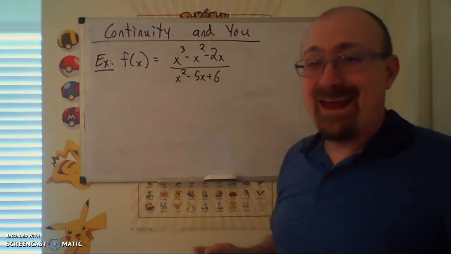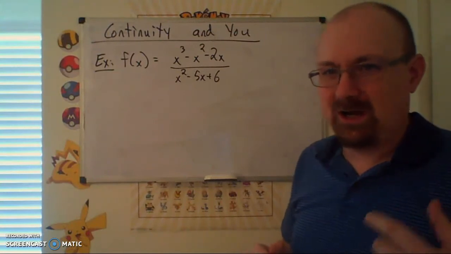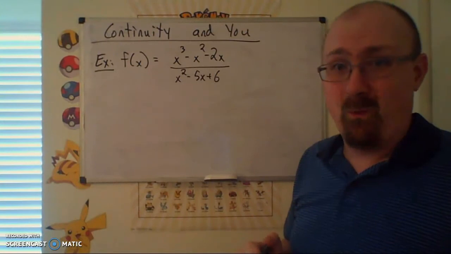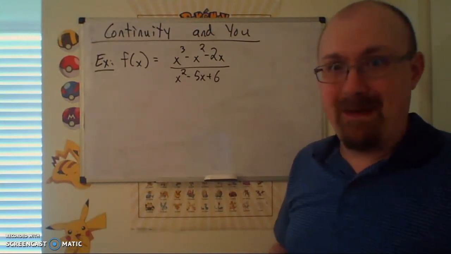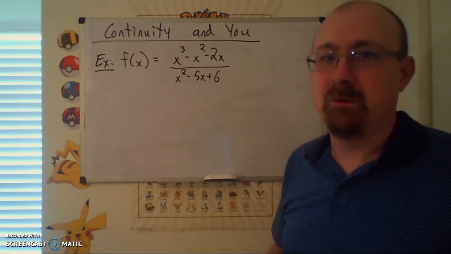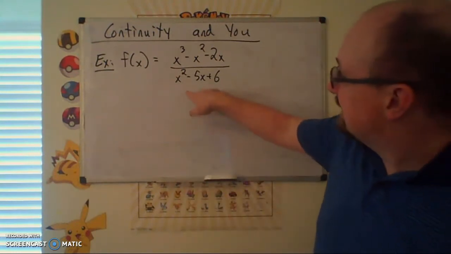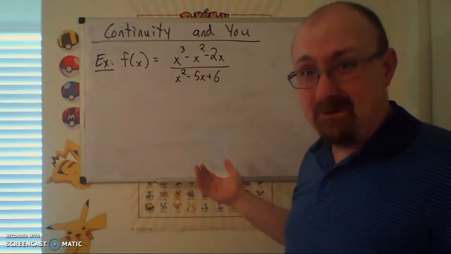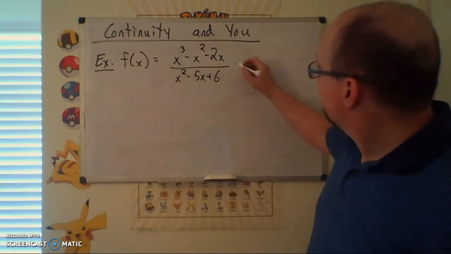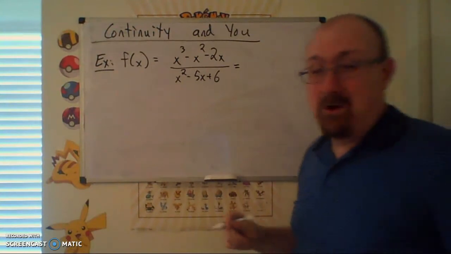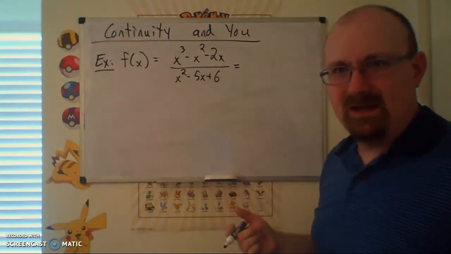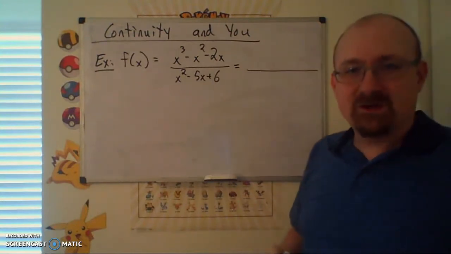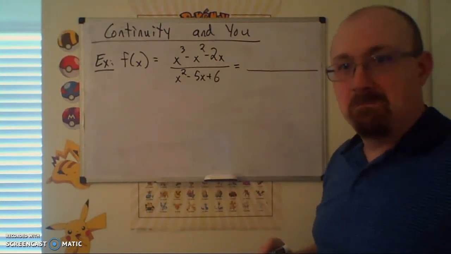Now, as I've said, tracking down where discontinuities occur is pretty much identical to determining the domain of the function, figuring out where some sort of mathematical no-no would happen if we tried to plug in an x coordinate. Here, division by 0 is really the only bad thing that could happen. So we need to figure out where this thing is 0. Shock and dismay, we need to factor stuff. So the denominator factors, as